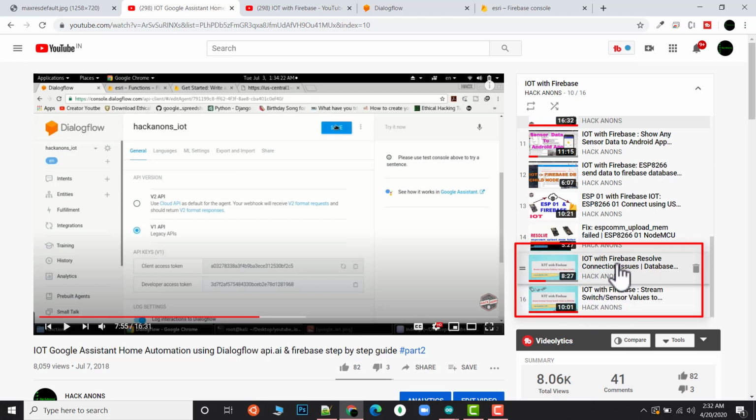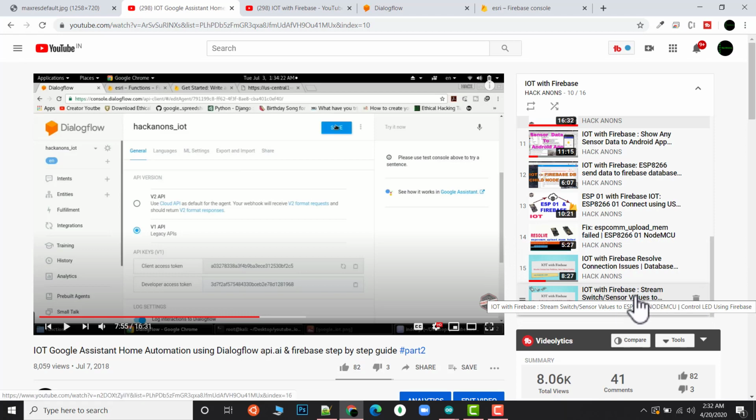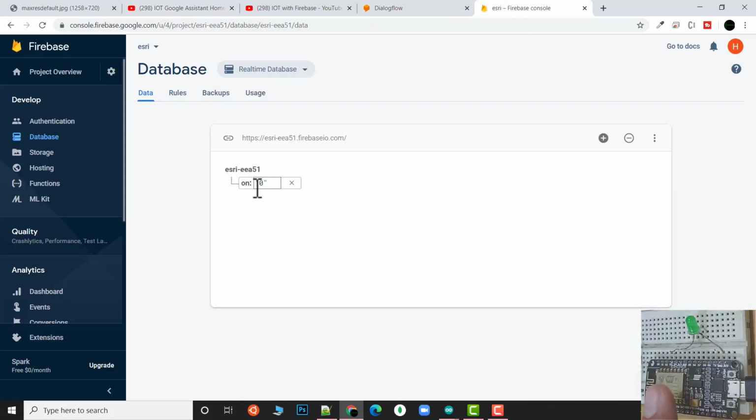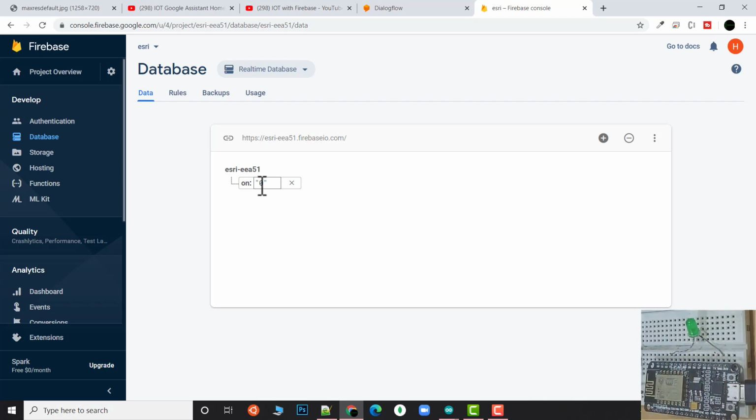This one is just an introduction of the library, and this one is for how to control the values. Before, for controlling the values I was using a simple while loop function that did a GET request again and again, which is not a good thing. Now you can directly stream the values from this console to this NodeMCU. You can see in previous videos also we were using the values 0 and 1. Currently it's 0, that's why this LED is off.